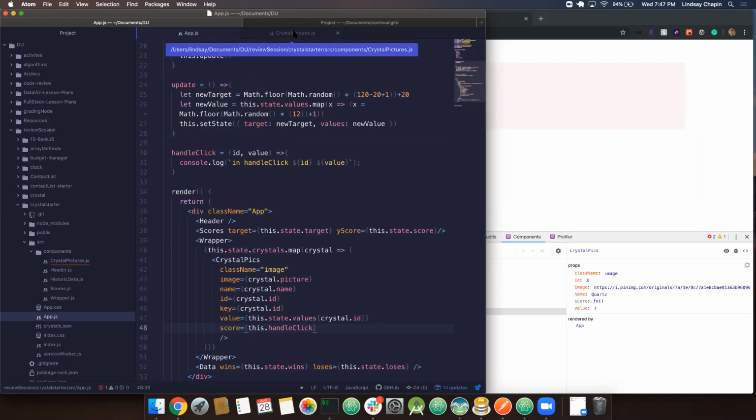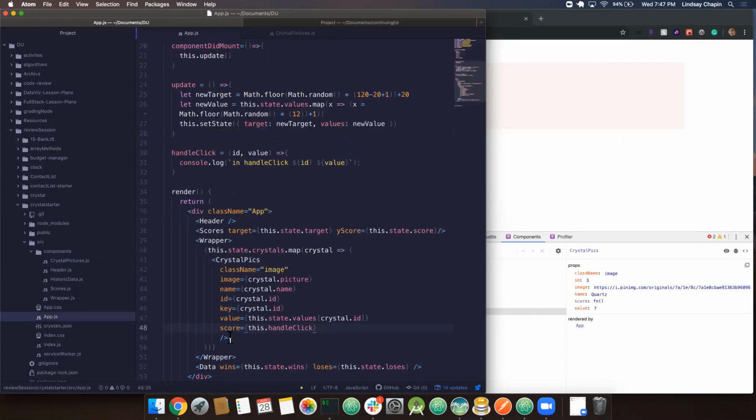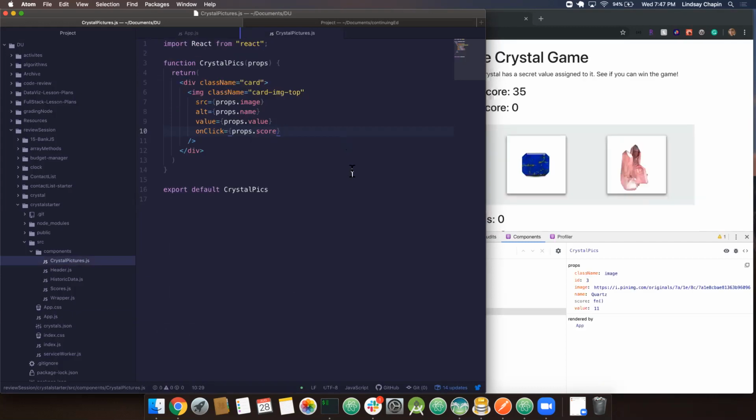Over here, we're saying props.score, which is this guy right here. So score is a function and it takes in two values. It's going to take in props.id and props.value. So if I save this,